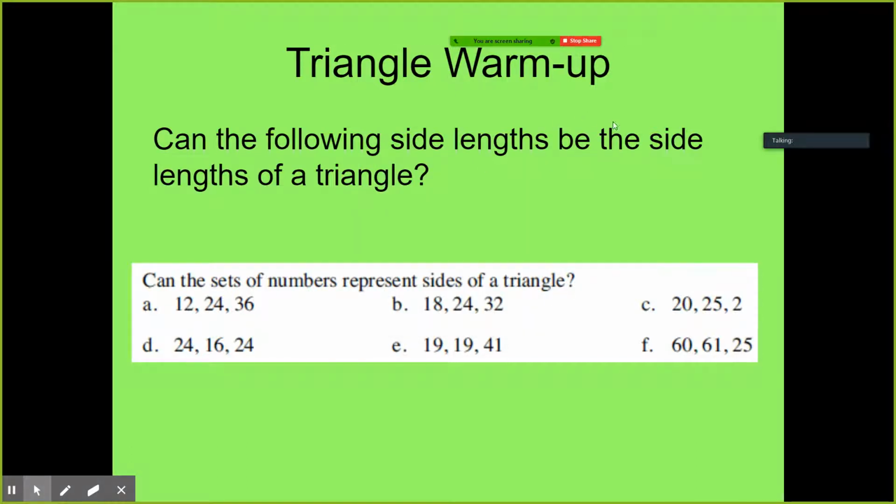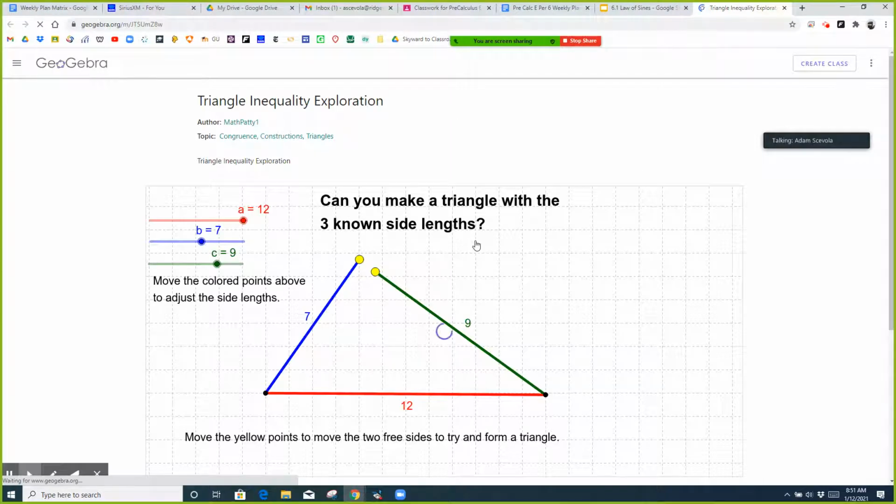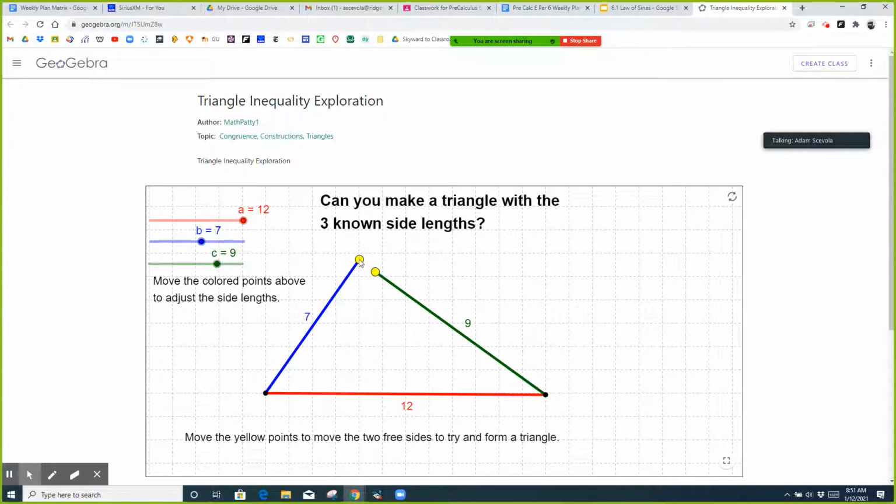All right, so let's look. This is called the triangle inequality conjecture. If I had a triangle with side lengths 7, 9, and 12, I can make a triangle. Now, if I were to shorten these so that this side was 6 and this side was 6,